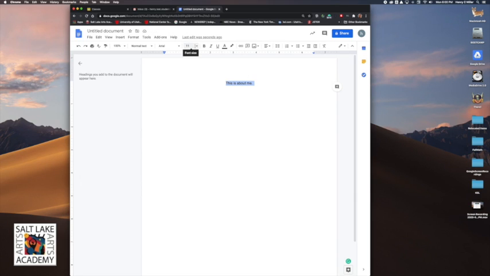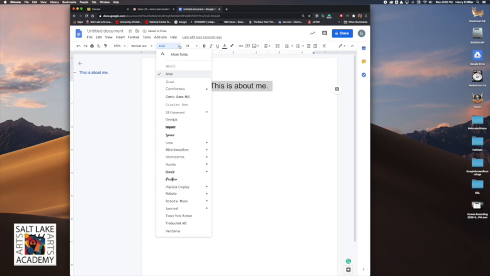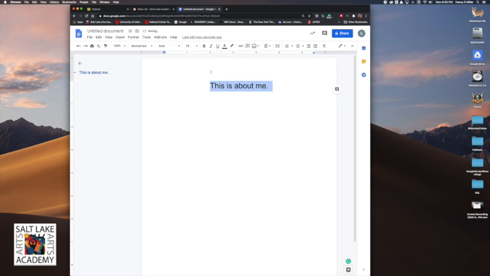I'm going to come here to where I can change the size of the font. I'll make it bigger. And I'm going to stick with a font that is easy to read for my teachers, because that's really important, that they're able to read what I'm writing and not feel confused by it. And so it's not difficult to read. So I'm going to stay in Arial, and there it is. That's my very first